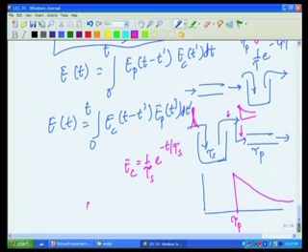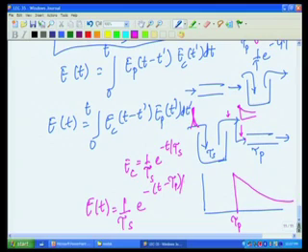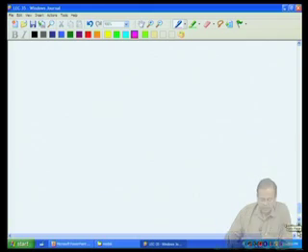In other words, now our E of t will once again be 1 over tau s e raised to minus (t minus tau p) divided by tau s, or to put it simply, we will have the same residence time distribution whether it is a plug flow reactor followed by CSTR or CSTR followed by plug flow reactor. So, to summarize,